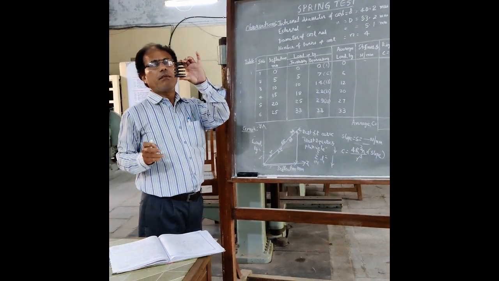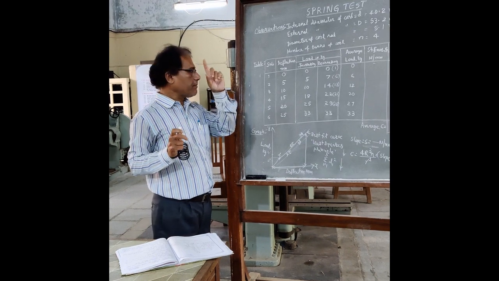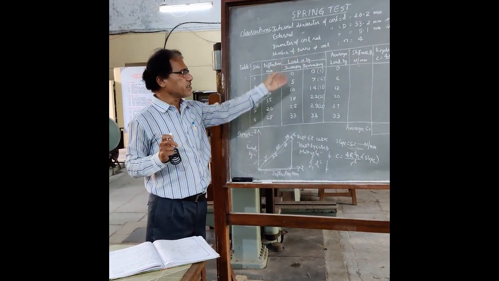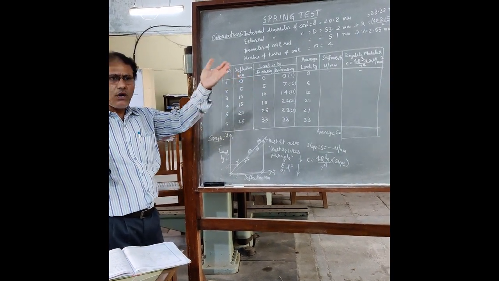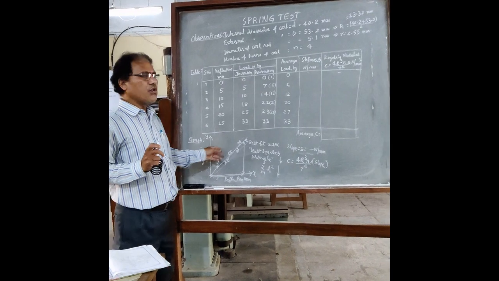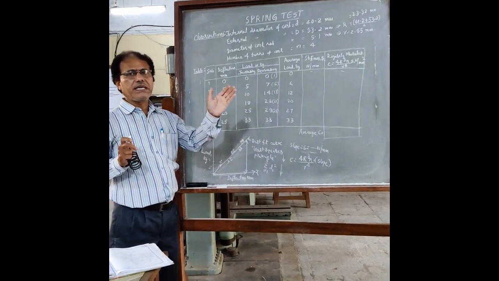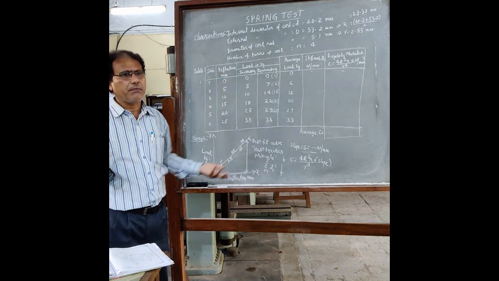Now you report the results for the given mild steel close coiled helical spring. One, from the tabular calculation, the modulus of rigidity is, say, 0.6822 × 10 to the power 5 Newton per mm square. Two, from the graphical calculation, the modulus of rigidity is, say, 0.6311 × 10 to the power 5 Newton per mm square.